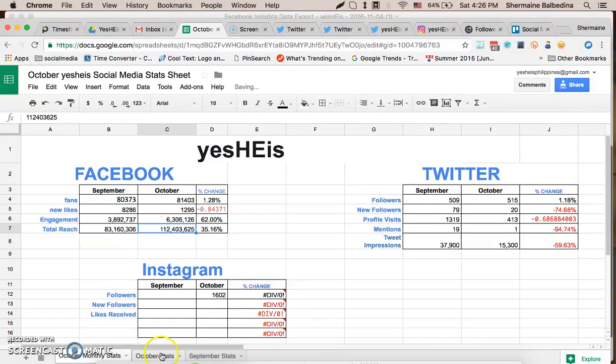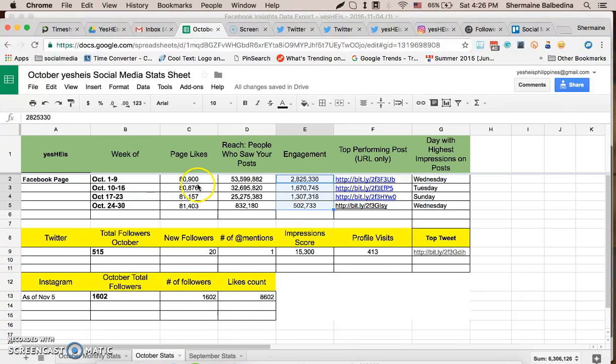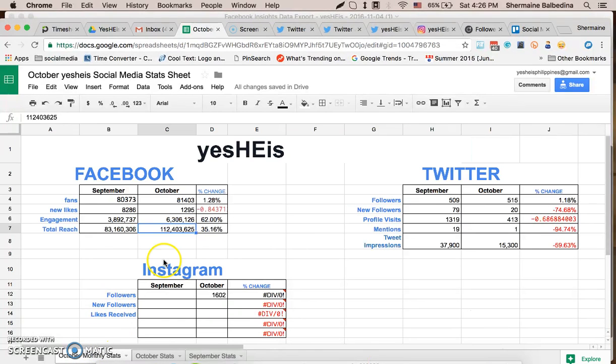And then the October total reach, 1,112,403,265. So we increased 35%. That's also just the same with Twitter's formula. So also present minus past divided by past.